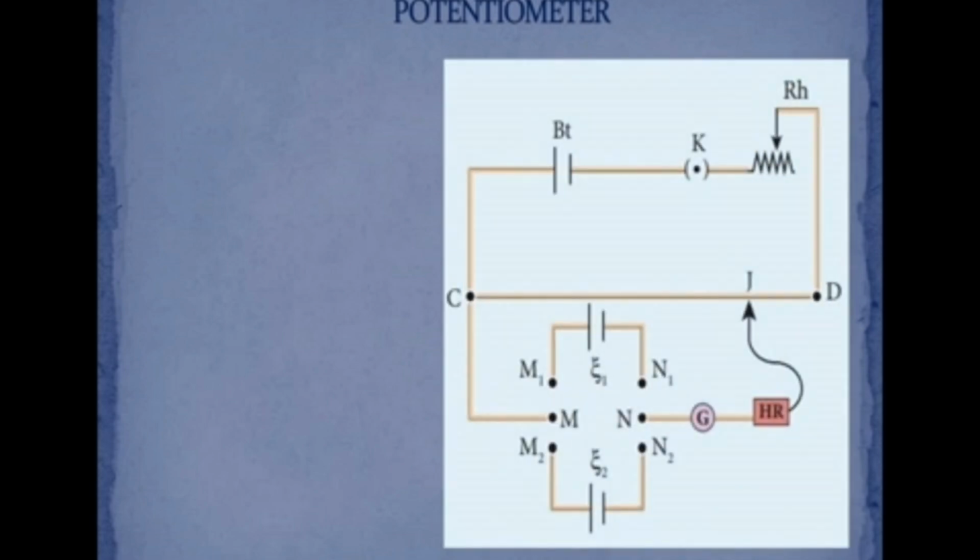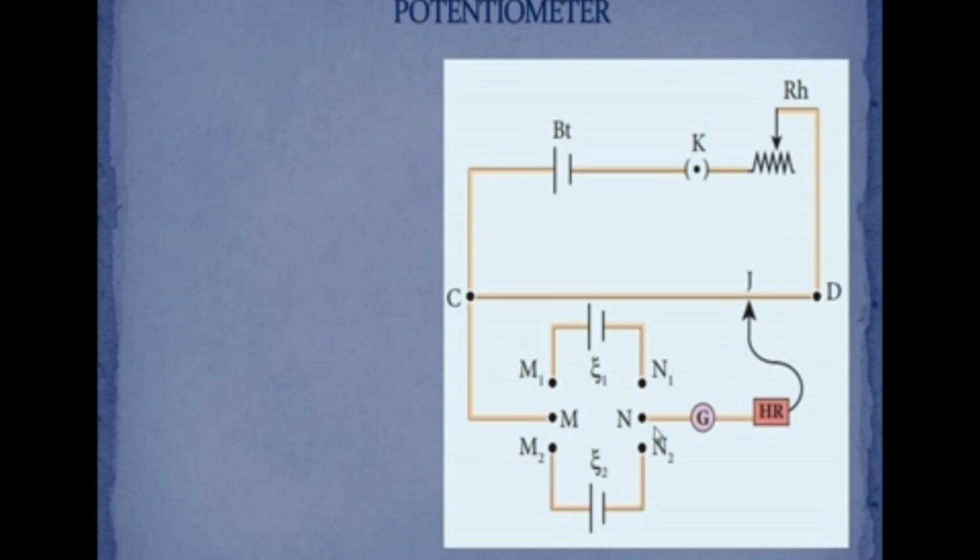So here see that the battery is connected to the key and rheostat. Rheostat is used to increase or decrease the flow of current. And points C and D, and C is connected to M, and N to the galvanometer, to the high resistance, to the jockey. Here M1,